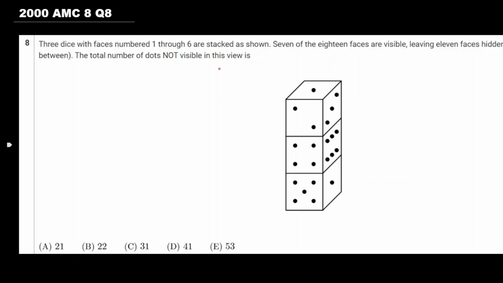So we can start solving this by looking at the number of dots on one dice. Right? So one dice is going to have 1, plus 2, plus 3, plus 4, plus 5, plus 6, which if you add it up is going to be 21 dots. Now if we have 3 dice,